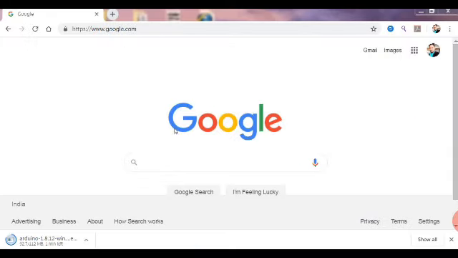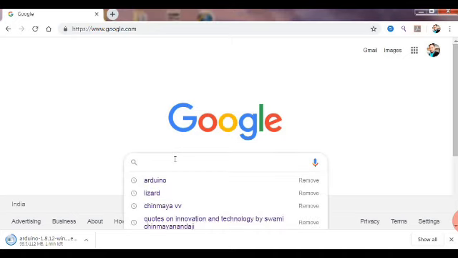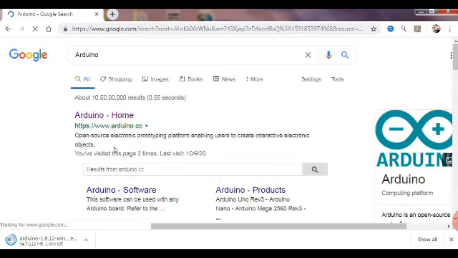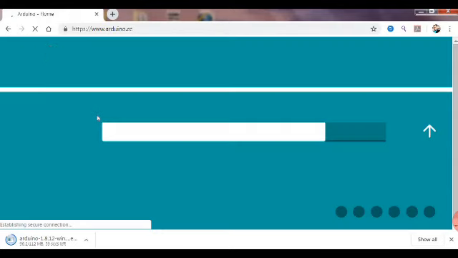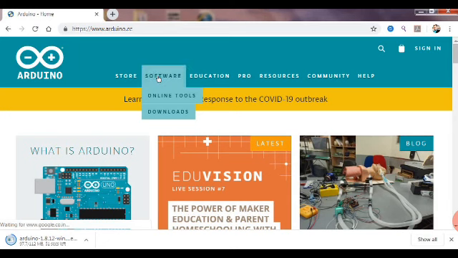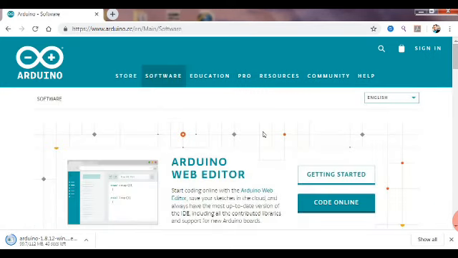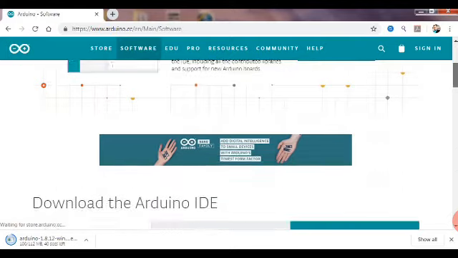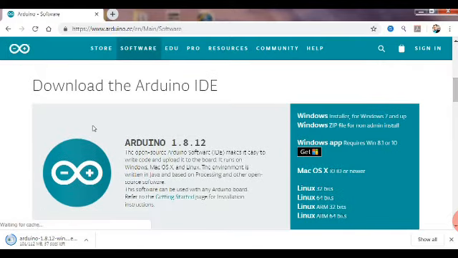So very first you have to go to Google and just type Arduino, and you see the very first site, that is Arduino, and once you click you'll see the software, and under the software we have the option downloads. So just click on this, and then you have to download according to the system you have, according to the laptop or the desktop you have.